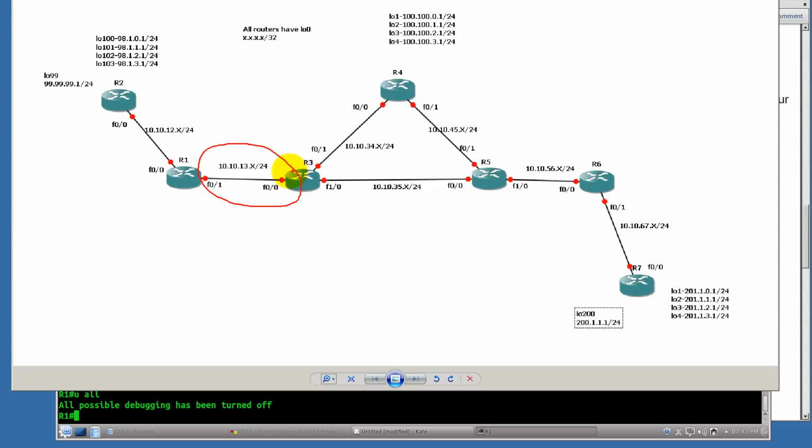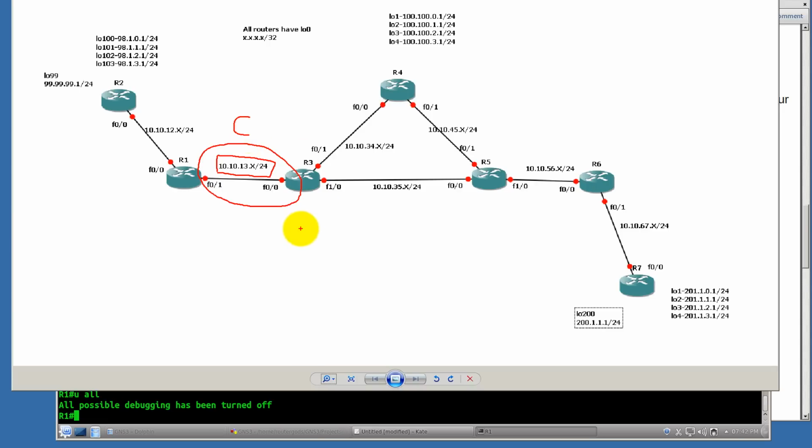R3 is trying to tell us about this link through BGP, and R1 goes, okay, I see it, but I'm not going to use it. Why do you think R1 is not actually going to use it for routing? Rib failure means I'm not going to put it in my routing table. So how do we already know about this guy? Lower AD, yep, and